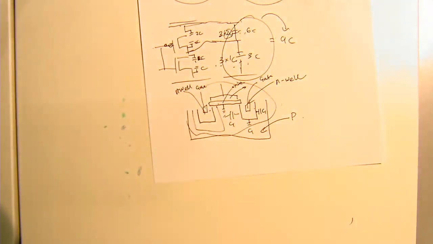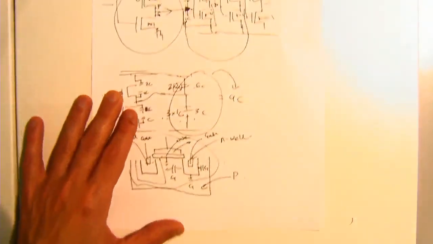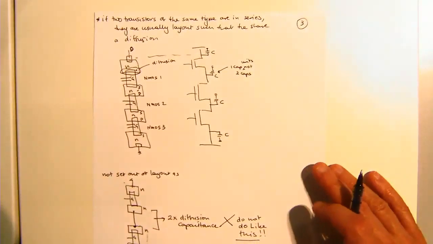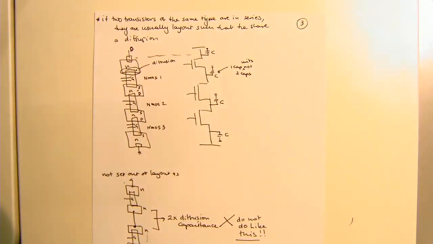But what actually happens is if we've got multiple transistors of the same type in series, in order to make your circuit run a little bit faster, and you see this in a lot of textbooks, but they never tell you why one set of capacitors is missing, and you're always scratching your head thinking, where did it come from? Even the VLSI book that I've asked you to refer to occasionally, you ask yourself, where does that come from? Why is there a set of capacitors missing? And essentially,